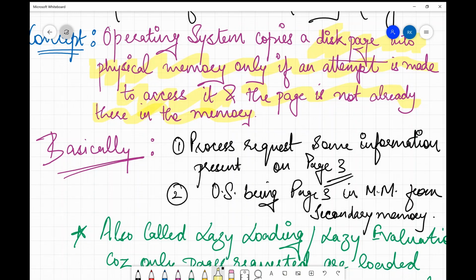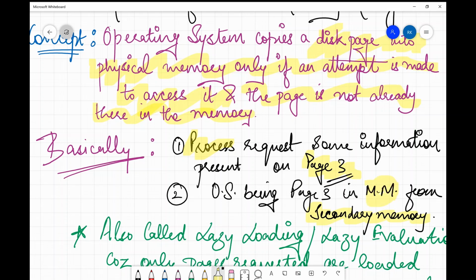Let's suppose there is a process in our memory and it is executing and it is requesting some information which is present on page 8, page 3. Now the operating system will first check whether the page is present in main memory. If it is present in main memory, it will provide that information to that process. Now if it is not present in main memory, then it will load that page from secondary memory to the